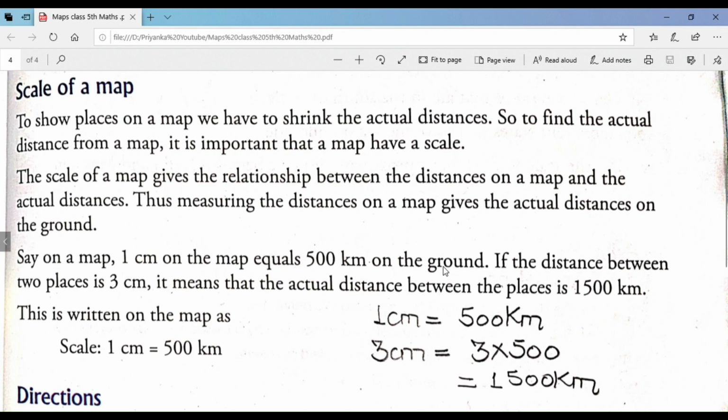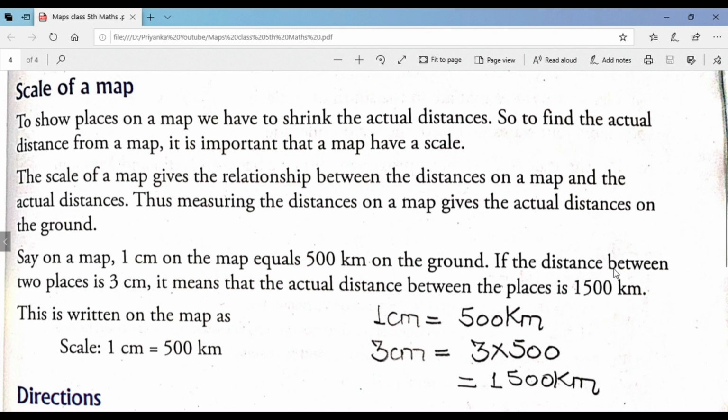अगर मैप के ऊपर 1 सेंटीमीटर है तो ग्राउंड के ऊपर वो 500 किलोमीटर होगा। आपको सबको पता है मैप छोटा होता है। अब मैप के ऊपर आप किलोमीटर जितना जो ग्रेटर डिस्टेंस है वो तो आप शो नहीं कर सकते, तो मैप के ऊपर हम क्या कर सकते हैं, सेंटीमीटर की स्केल के अंदर ही शो कर सकते हैं। स्मॉलर यूनिट मैप पे शो हो सकती है लेकिन ग्रेटर यूनिट मैप के ऊपर शो नहीं हो सकती। तो अगर कोई डिस्टेंस है जो कि ग्राउंड के ऊपर तो 500 किलोमीटर है, लेकिन अगर हम उसको मैप पे शो कर रहे हैं तो हम उसको 1 सेंटीमीटर से ही शो कर रहे हैं। हम मान रहे हैं कि मैप के ऊपर 500 किलोमीटर का मतलब होता है 1